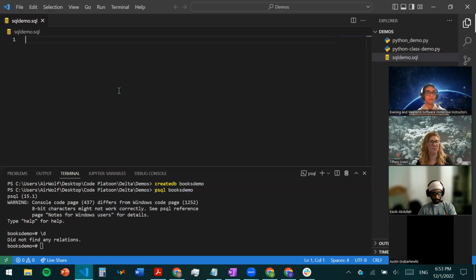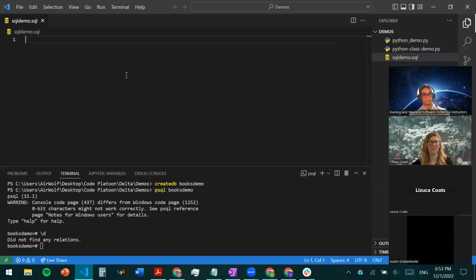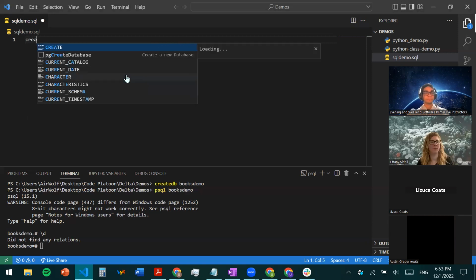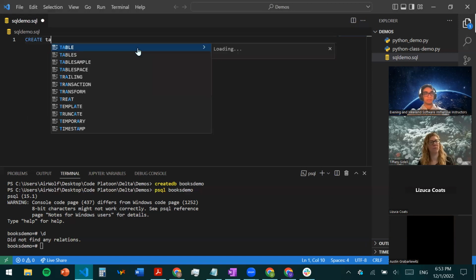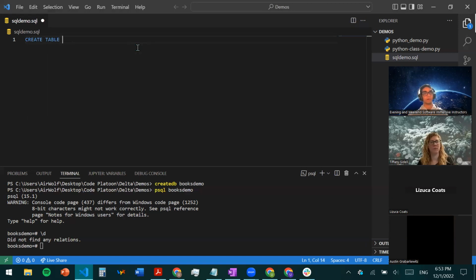Okay, so let's go up to my little demo file here. How do I create a table? What does that do? Or what does that entail? You have to create the rows and columns. Okay, so how can I write that out though in SQL? Just write create table. Yep, so create, and we can say table, and let's call this table, I don't know,